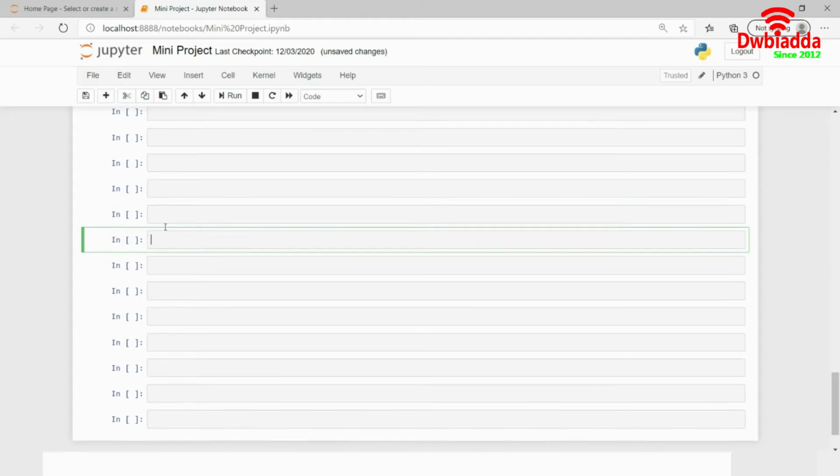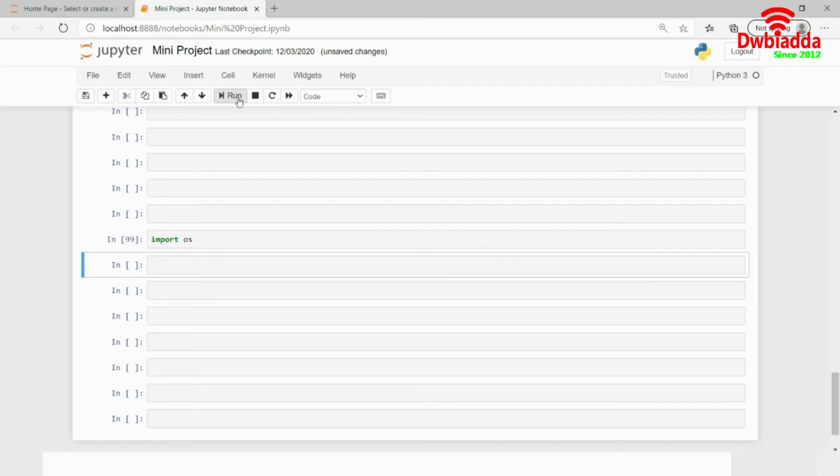What I need to do is import a library known as os. os is a pre-built library, so you don't need to do anything extra to install it, you just have to import it. And then you can write dir, just a variable name, equals os.listdir, and then give the name of the folder, mini project, something like this.